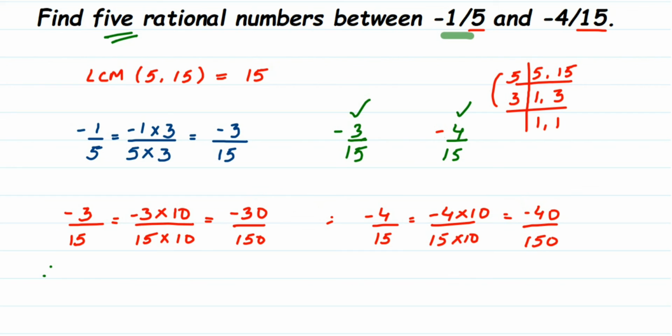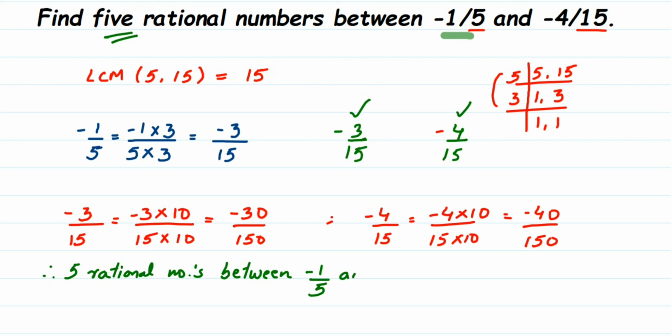Therefore, 5 rational numbers between, now remember they are equivalent rational numbers, meaning they are equal. When you cancel them, you will get back this number, minus 1 by 5. They are all equal. Now why are we doing this? Because we want more gap, that's why we are finding the equal rational number. So the 5 rational numbers between, I am going to write down, minus 1 by 5